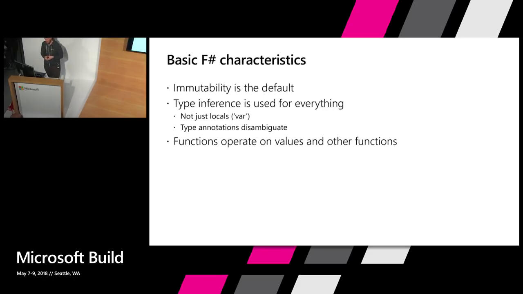The core of F#, by being a functional first language, is that functions operate on values and other functions. Okay, so functions are also first class in F#. That means a function can take another function as input, and a function can produce a function as output. You can pass functions around just as if they were values, right? So similar to how in C# you might